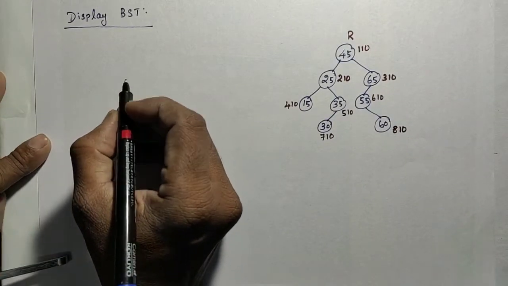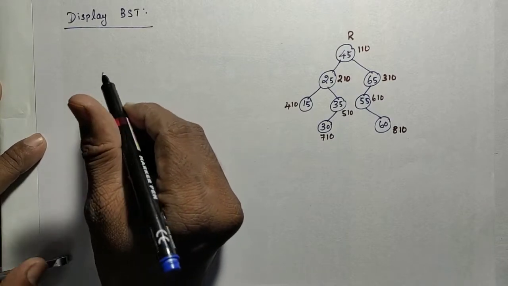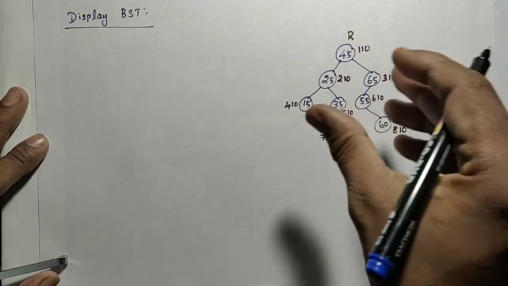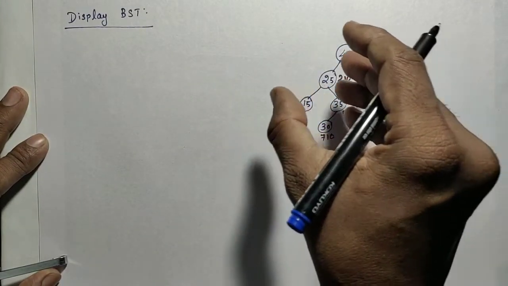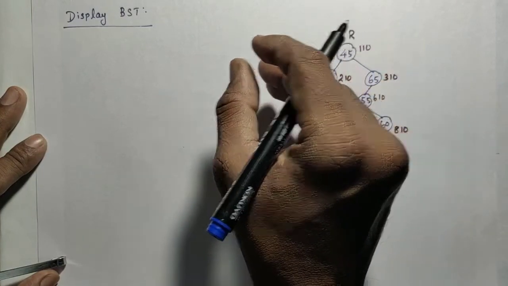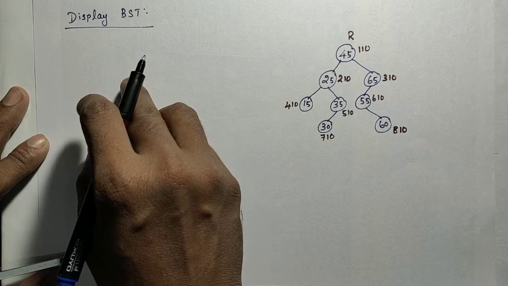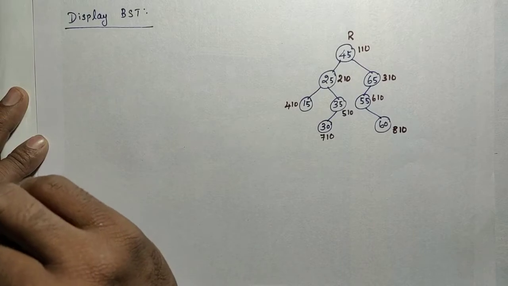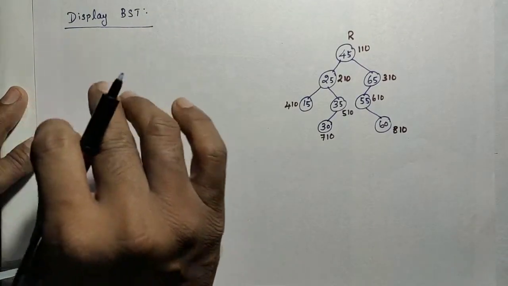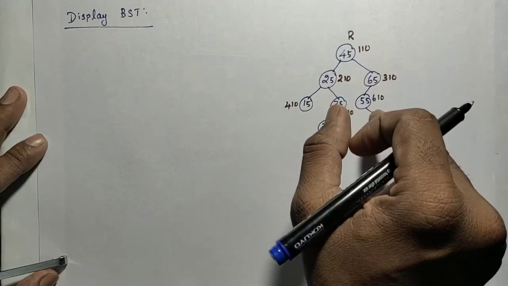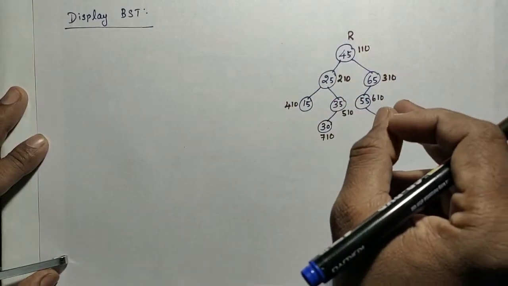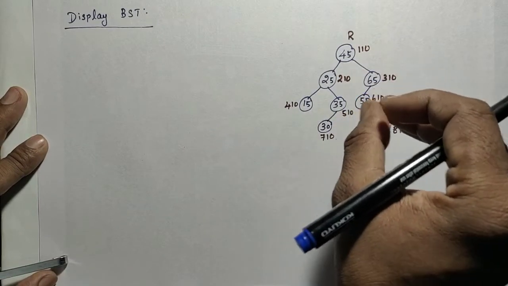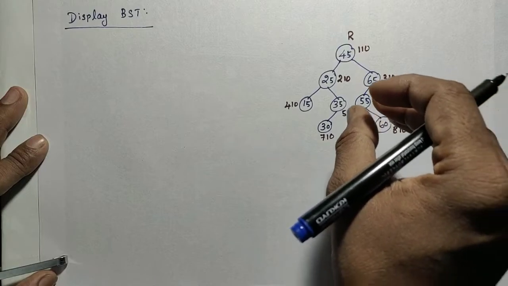In this session, we will discuss how to display the content of the binary search tree. If you want to display the content, or verify whether the binary search tree is constructed or not, we need to do the in-order traversal. We can go with any traversal: in-order, pre-order, post-order, or breadth first order. But if you do the in-order traversal, the result of the binary search tree will be in ascending order. So if you want to display the content of the binary search tree and verify it, you have to go for the in-order traversal of the binary search tree.